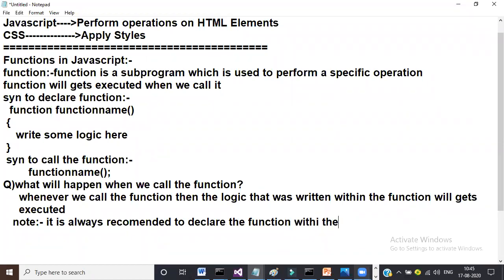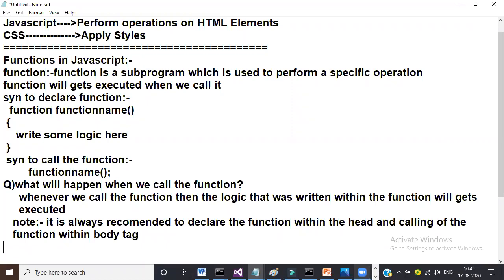Declare the function within the head tag, and the calling of the function within the body tag. So function is a subprogram which is used to perform a specific operation. Function will get executed when we call it. So it is always recommended to declare the function in the head tag and call the function in the body tag.